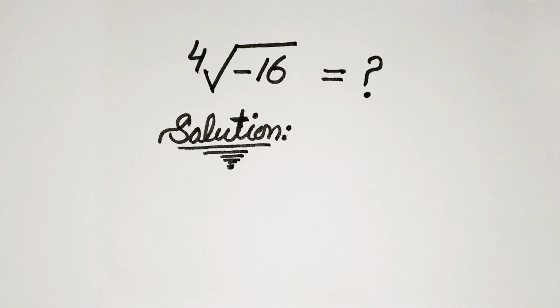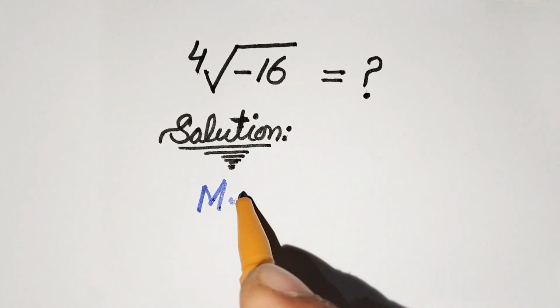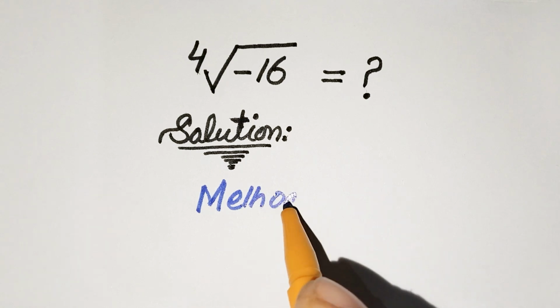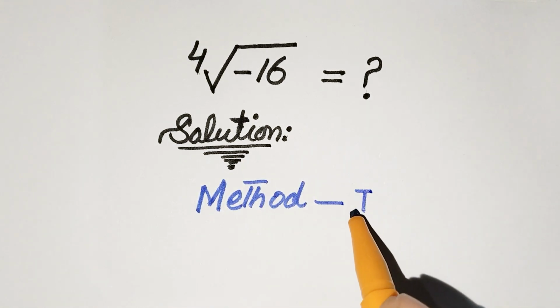Today we have a complex number problem, which is the fourth root of minus 16. So we have to simplify this. There are two methods. I'm going to write the first method, that is method 1. So method 1 is,